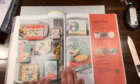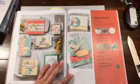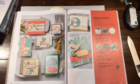Okay, I do have this one. I have Mosaic Mood, but I'm a little embarrassed to say I do not have the stamp set for this, but I do have the paper, so we will do a card with this paper. So this paper, in case you haven't seen it,